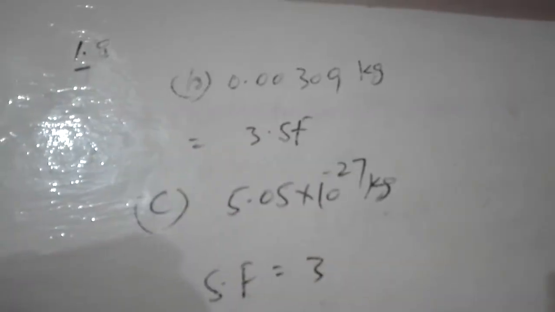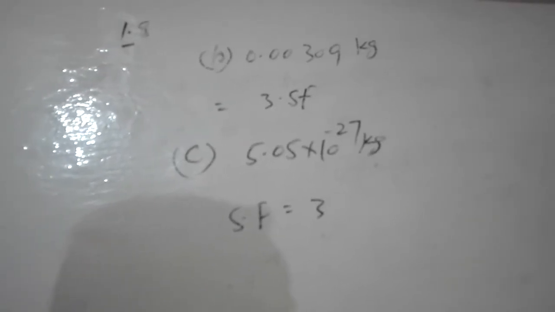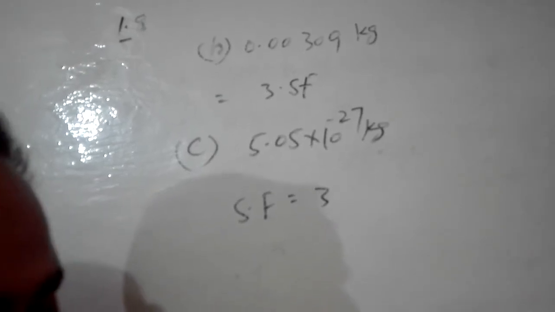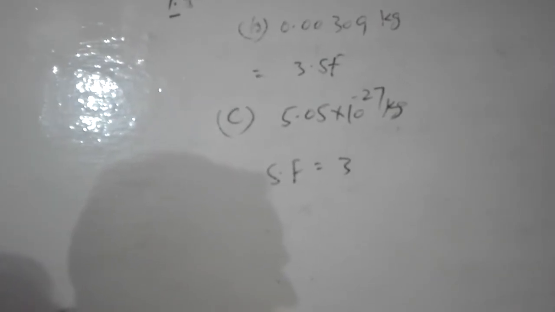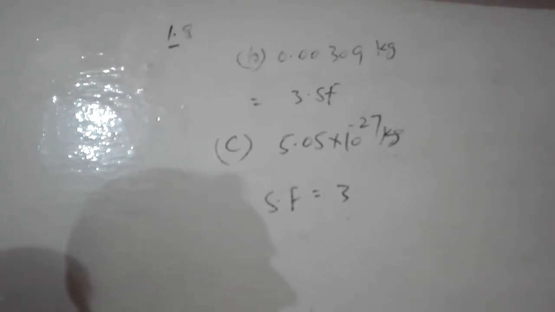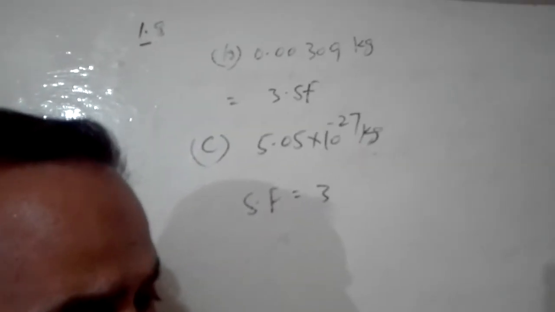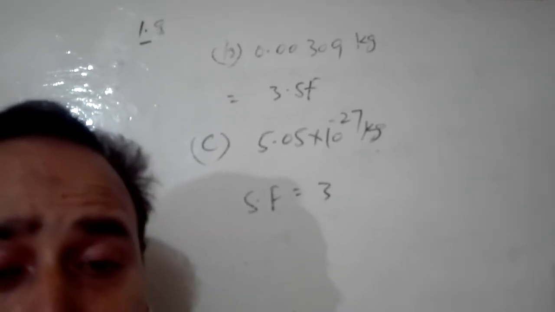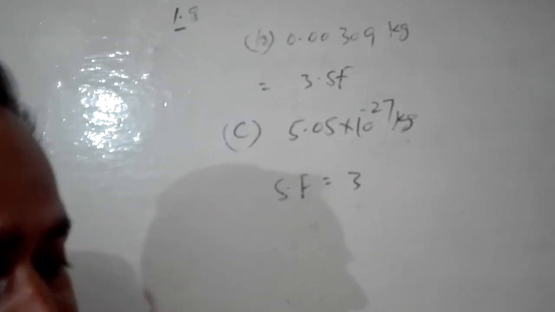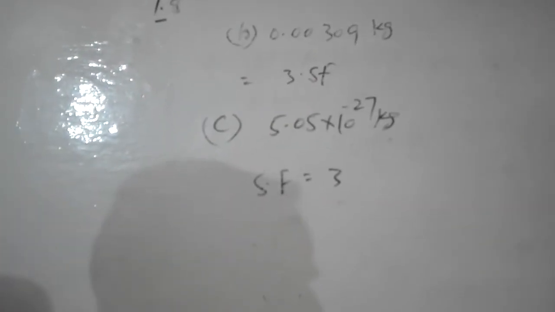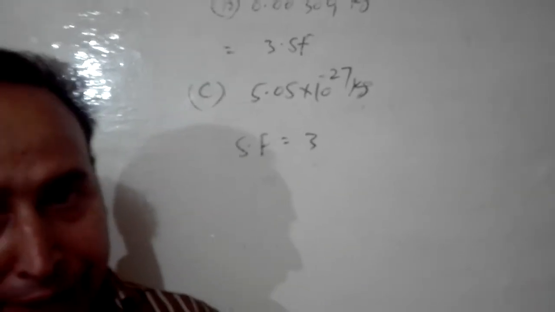So only B and C parts contain three significant figures. Others, A and D, are not. Okay, can I explain to you? I think you can do A and D. They don't contain three significant figures. I just tell you, in part A there are 5 significant figures. It means it is not our answer. And if you notice part D, there are 4 significant figures. Because we have to select only 3, that's why our answer is B and C. So that's okay.